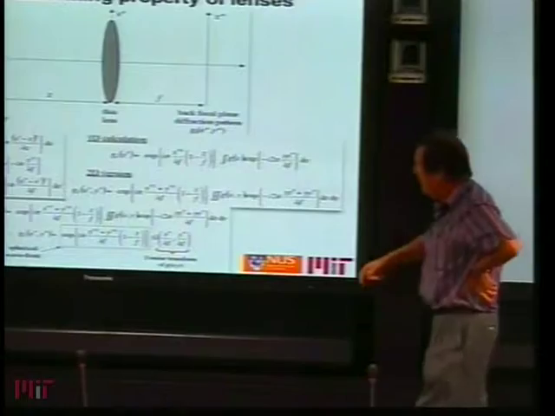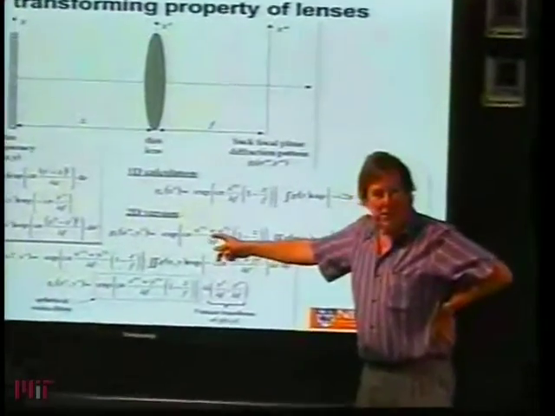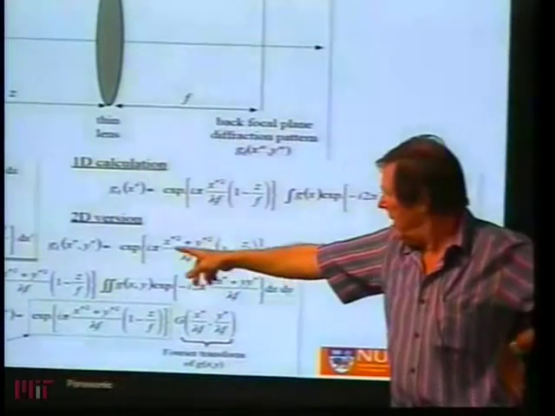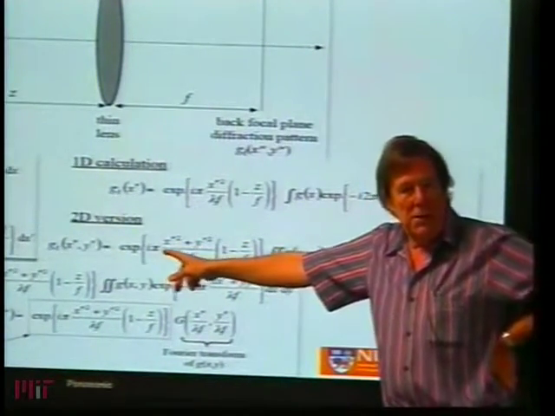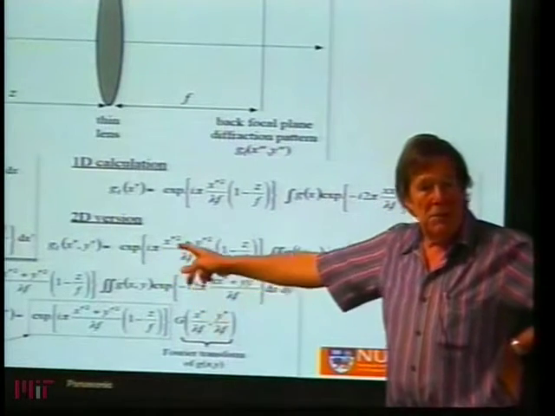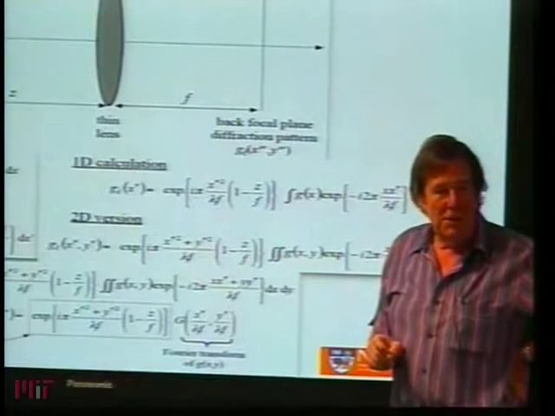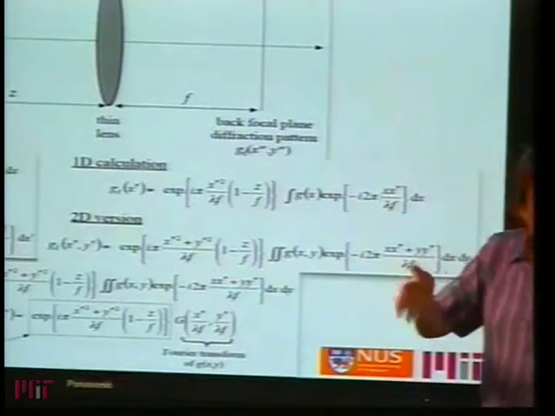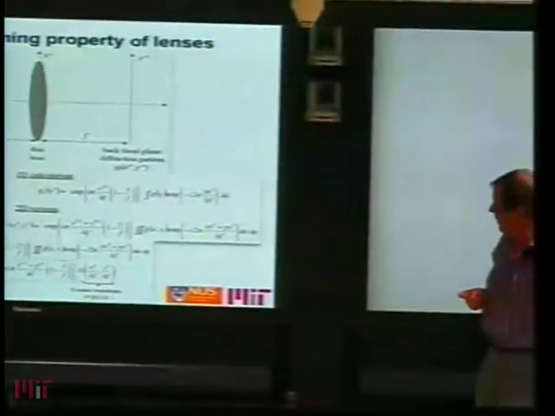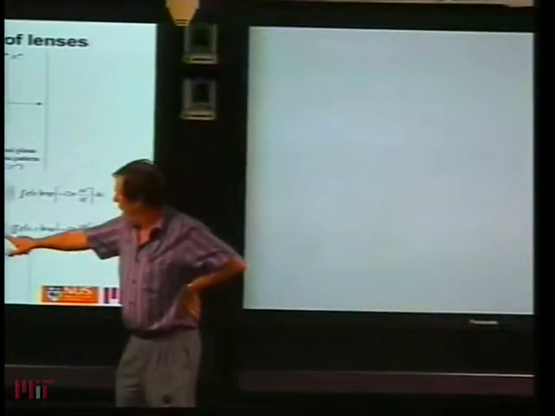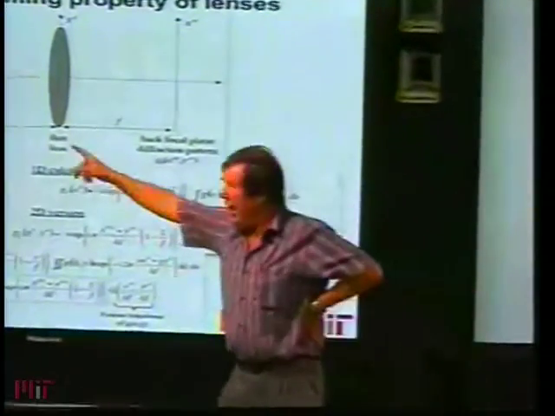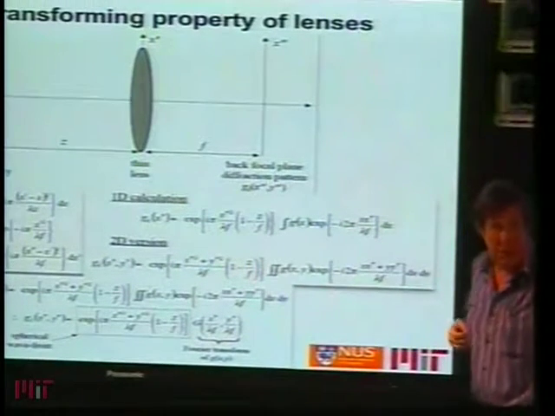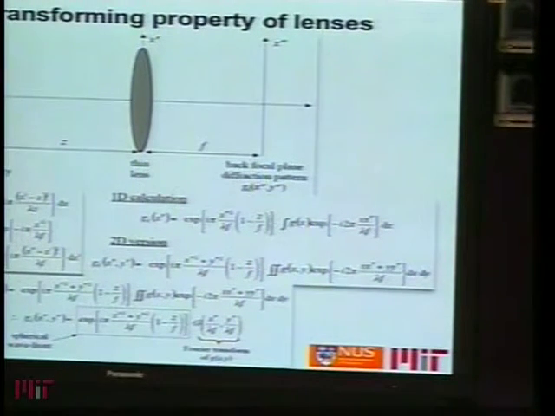And you can see you get, again, the phase factor. Here, because it's separable, you've got this e to the i pi x squared, and you've got an e to the i pi y squared. And of course, x squared plus y squared very nicely equals r squared. So this becomes a spherical type wave. So we've still got this 1 minus z over f. So if z equals f, then again this phase factor vanishes, and we end up with just the pure Fourier